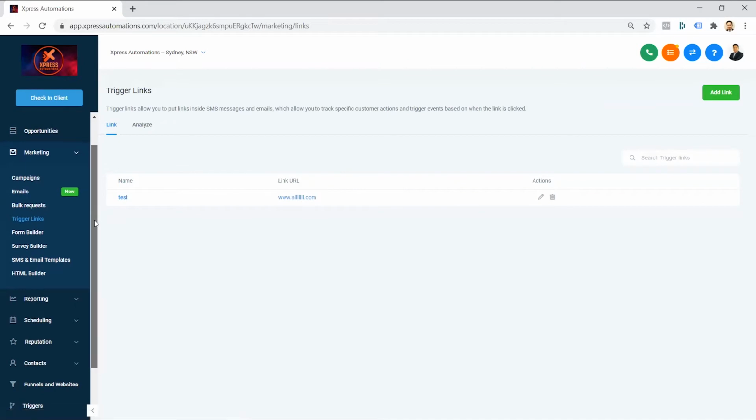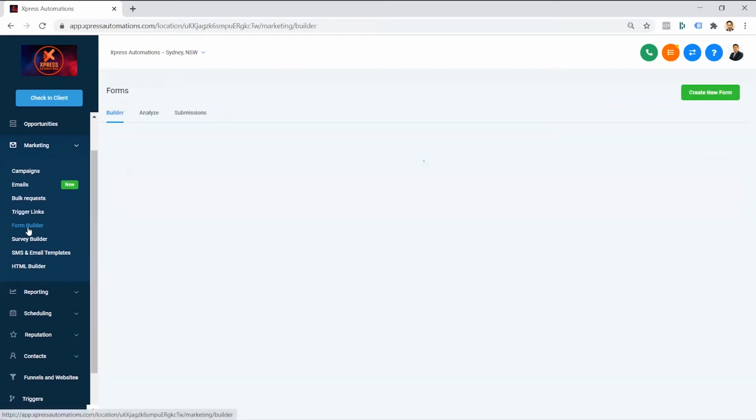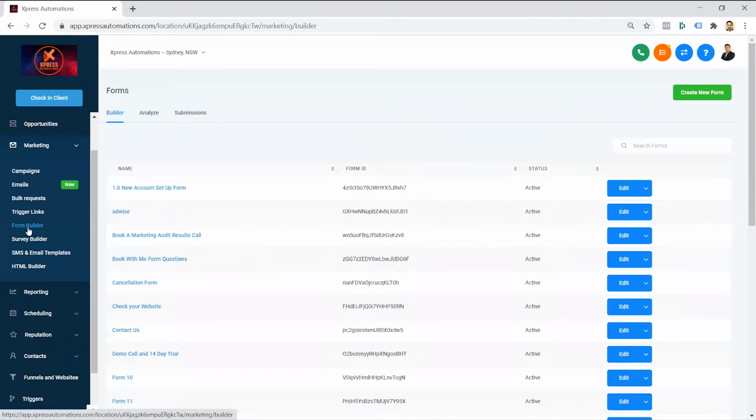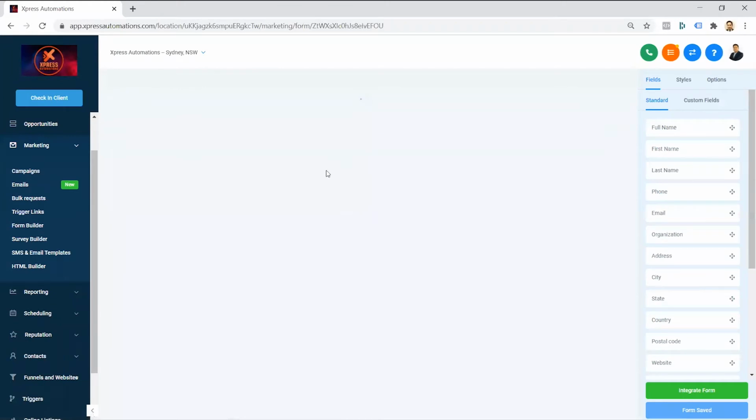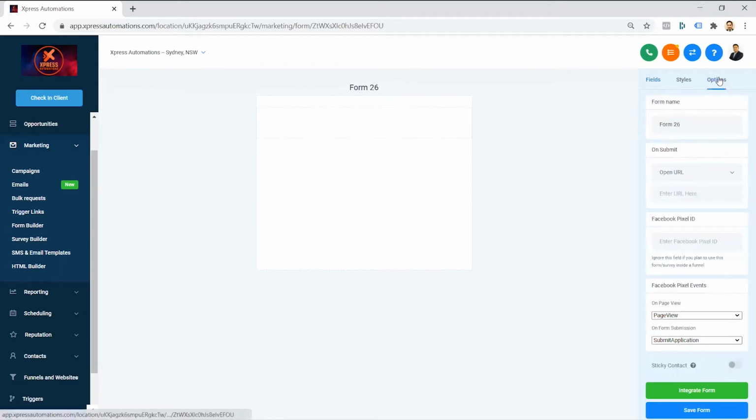Okay, so now let's go to another section called the form builder. So the form builder is where you will actually create a form that can be linked to your website, landing page, or your calendar booking system as well. So a form can be created in the form section, and just go on create a new form. When you click on a new form, it will come up here, and it'll just be called a random number. So you will go to the options section and change the name of the form. So whatever you want to call this form, you can use that,